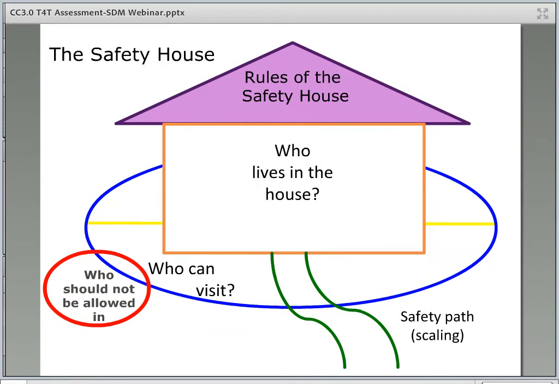The safety house is also used as a method of including the child's voice in safety planning. The safety house interview begins by asking the child a solution-focused miracle question. Miracle questions are some of the most well-known questions from solution-focused inquiry. This one goes like this. This is your house, but it is your house if you always feel safe. All the reasons for working with you, all the things that worried you or scared you have been taken care of.